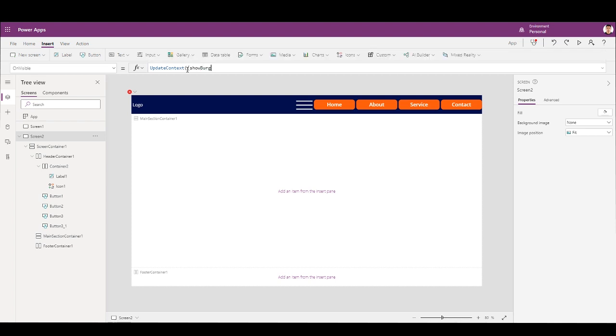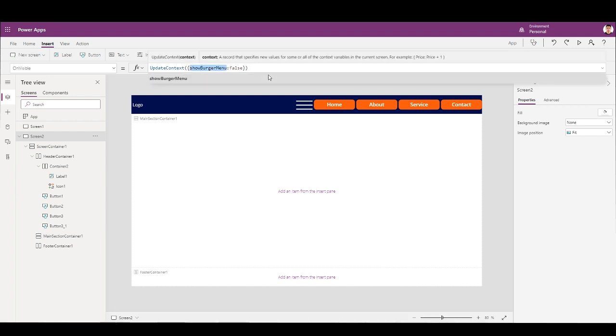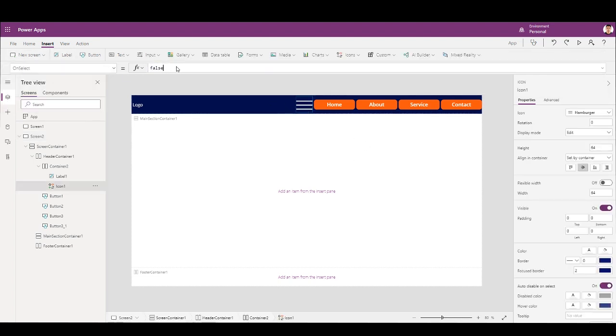So burger menu, initial it's false, and I'll copy this, and on select it will do the toggling.